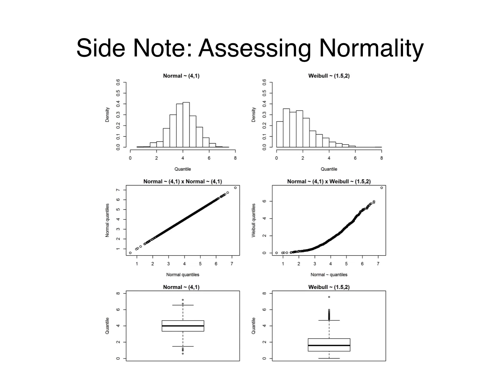So this is just a side note showing you what normal and non-normally distributed data looks like when using a histogram, QQ plot, or box plot. The normal distributions are shown on the left, and the non-normal distributions, in this case skewed to the right distributions, are shown on the right. As you'll know, a normal histogram is bell-shaped, while a non-normal one is not, so it's skewed to the right in this case. A normal QQ plot has a straight line, whereas the QQ plot on the right is curved,